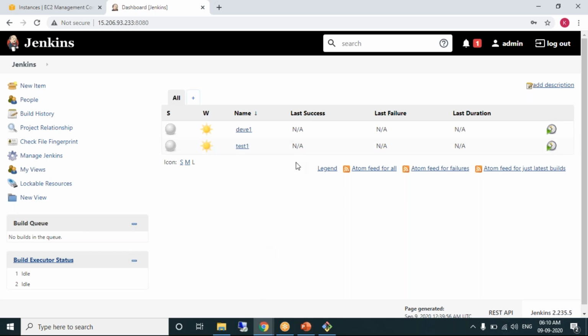In the real time, Jenkins will have 30 jobs, 40 jobs. Developers will have access to Jenkins. As I told you in the last session, testing team will have access to Jenkins. DevOps team will have access to Jenkins. Everybody will, as per the requirements of the projects, multiple projects, multiple clients, create a job and run the job as per the need.